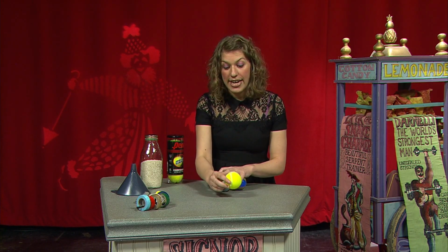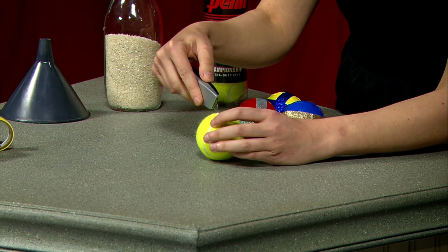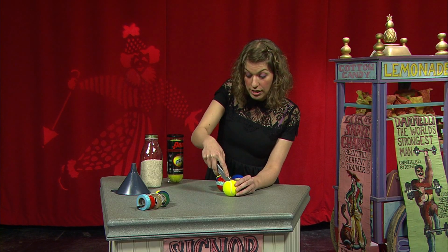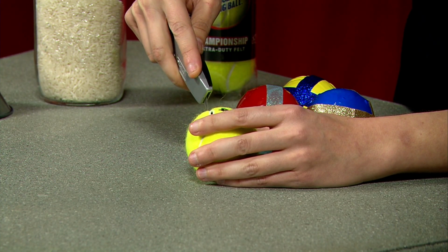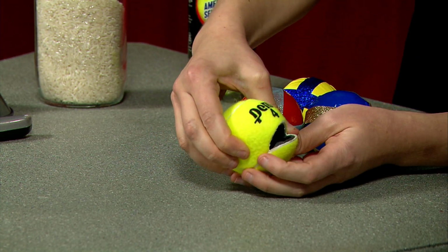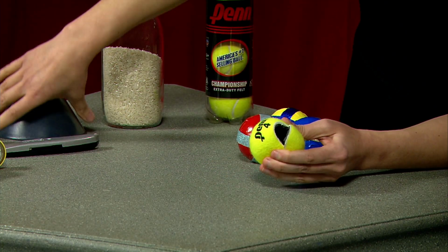So we're going to take 1 tennis ball here, and we'll take the X-Acto knife and then carefully, you might need an adult to help you, but carefully cut into the white line, anywhere along the white line, okay? So I'm going to choose to cut it right here. I'm going to go in like this. I'm going to cut all the way down, just about 1.5 inches. Like I said, you're going to have to be really careful here. Okay. And now when I squeeze it, it opens up kind of like a little Pac-Man head. There you go. That's kind of cute, right? And what's cool about the tennis balls is they spring back into place. So that's really good. So make sure it's wide enough to fit your funnel